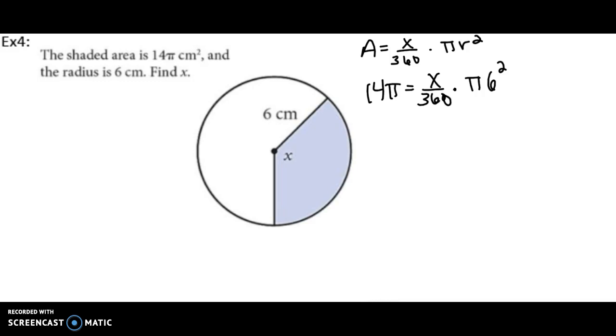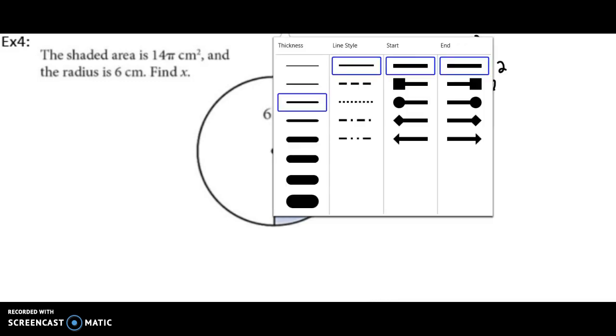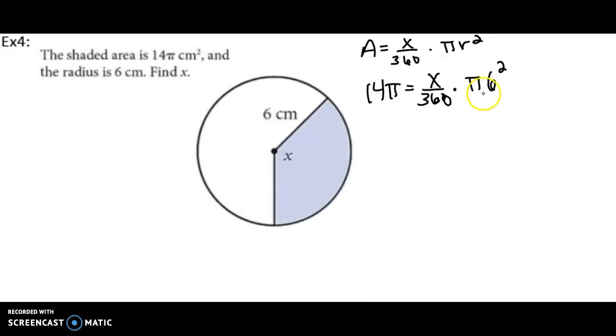All right, as we get example 4 started, we can see that this is very similar to the sector of the circle one, only we're missing the angle. So this time they gave us the area, so we can say the area is 14 pi. We don't know the degree of the angle, but we know the radius of the circle and the area of the circle, so we can figure that out. So what I'm going to do next is go ahead and put that pi 6 squared, maybe simplify the 6 squared, and then put it over 1, and then just multiply these